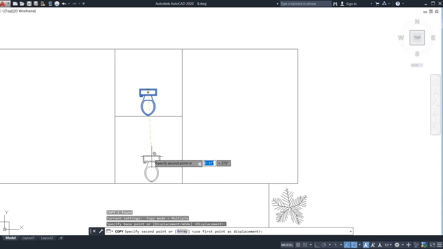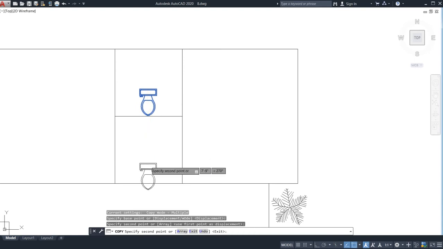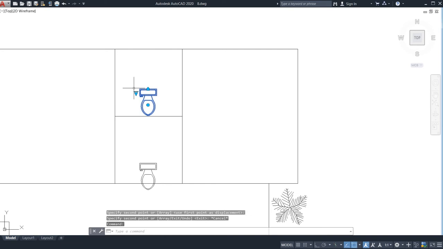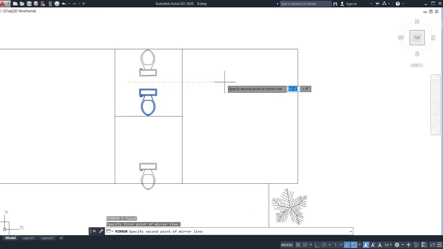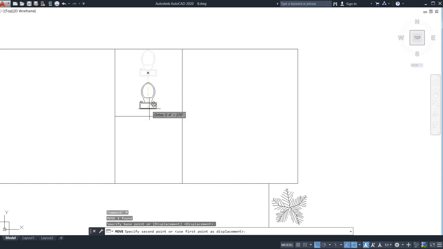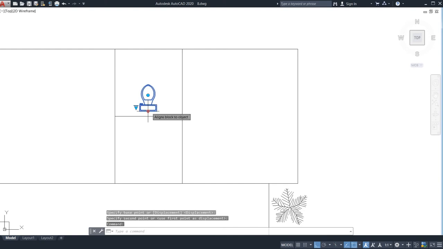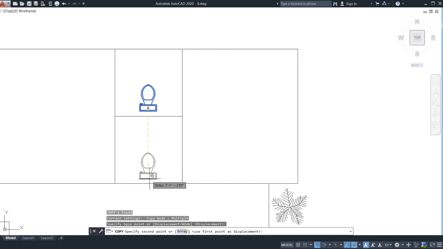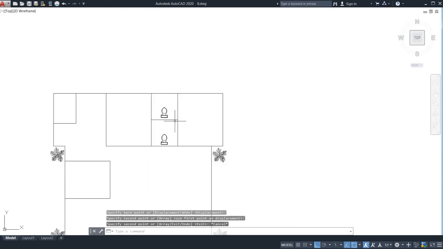Now do the same thing here also, skip it, go for the mirror command, MI, just go for the offset on, just you do the mirror, just go for the no. So delete these both, go for M for move, go for selection of it, go for copy command, just do it. See, I have attached this.